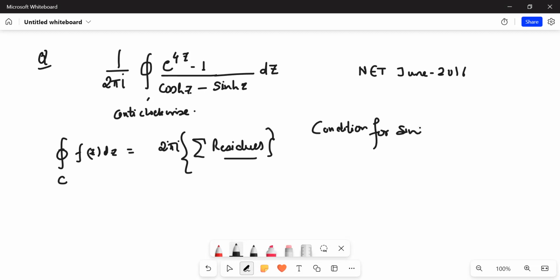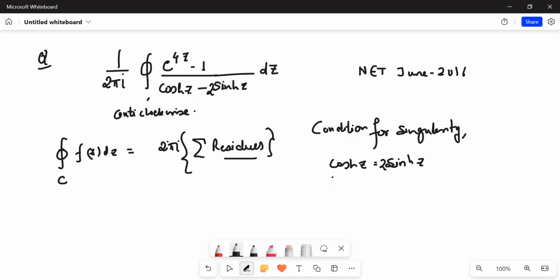The condition for singularity will be we'll have all those points as singular points where cos hyperbolic z becomes equal to 2 sine hyperbolic z. Okay, this was 2. My mistake, so there was a 2 here. Sorry. So what does it imply? It implies whenever your cos hyperbolic z becomes equal to 2 sine hyperbolic z, that would be your condition for